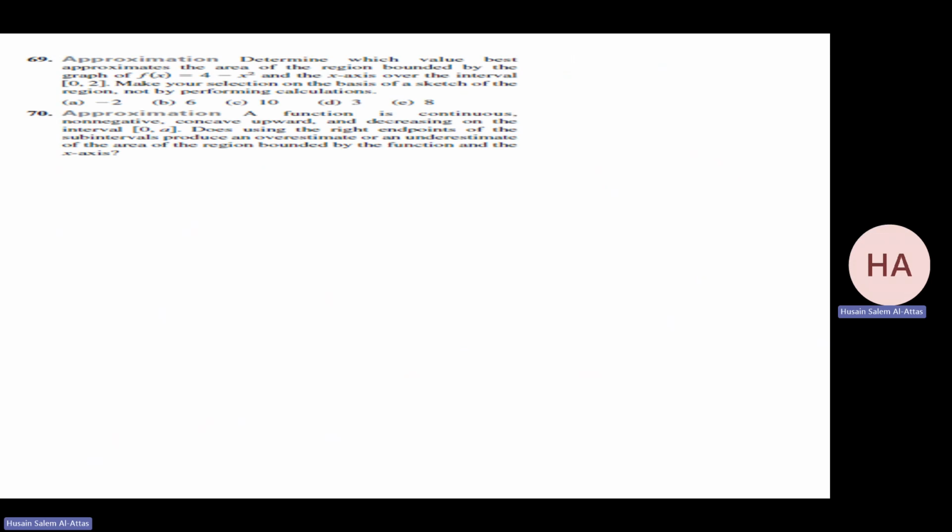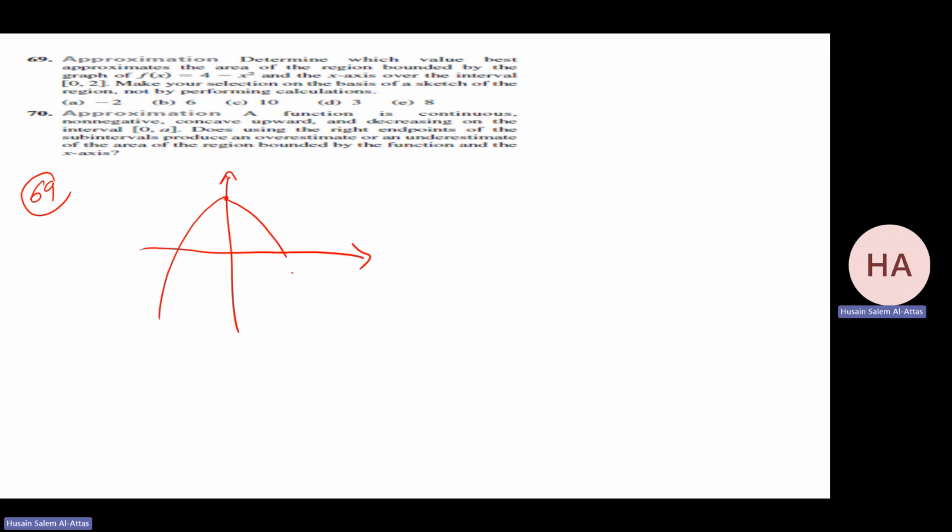Now let me do more. Determine which value best approximates the area of the region bounded by the graph of this and the graph of this. Yeah. Determine which value best approximates the area of the region bounded 69. Huh? What is the function? A function 4 minus x squared. So this is the graph of the function,